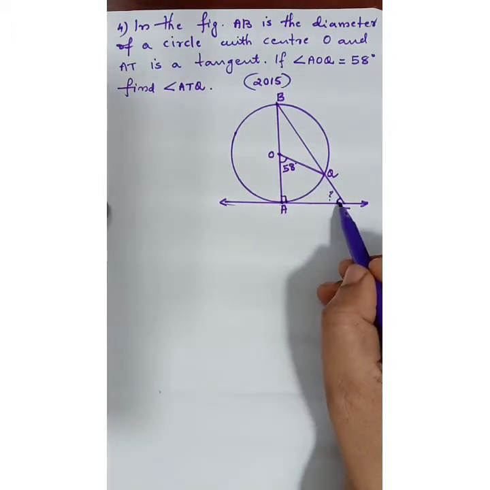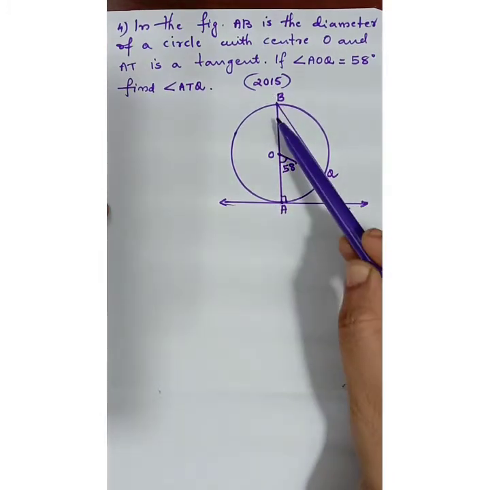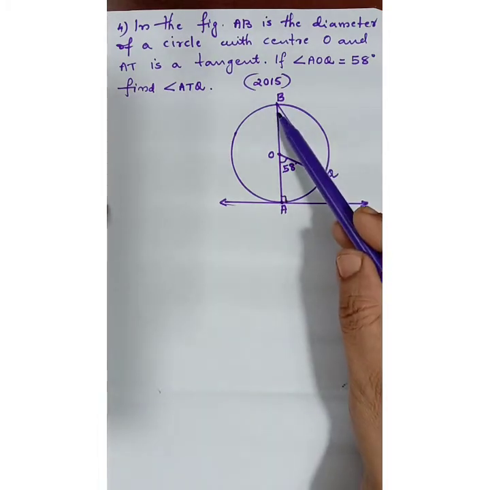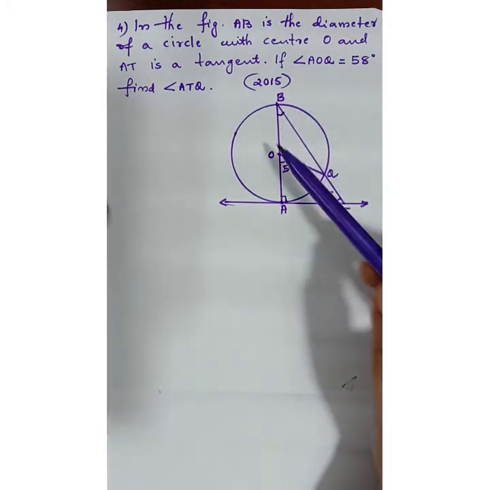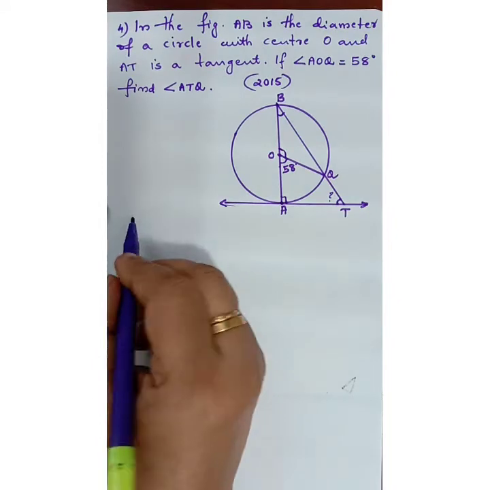Is this angle a part of triangle BAT? For this triangle BAT, this angle A we know. Next thing is we can find out what is angle B. How do we get that? For getting this angle, first let us find out what is this one. Is this AB a straight line? So 180 degree will be the sum of these two angles, or we can call it linear pair. 58 plus what angle makes 180? That we have to write first.